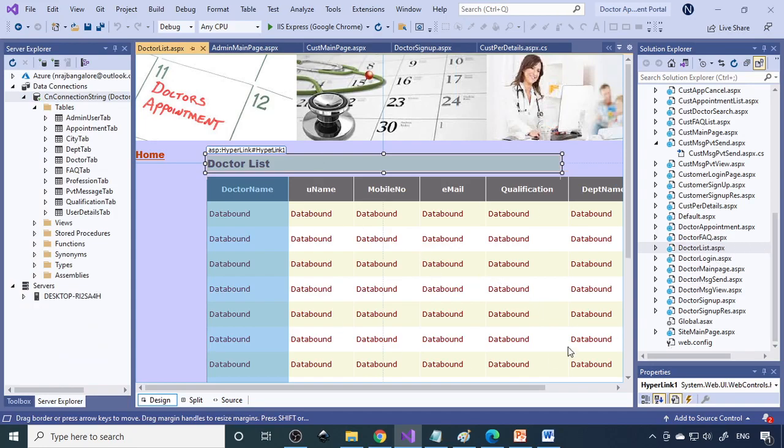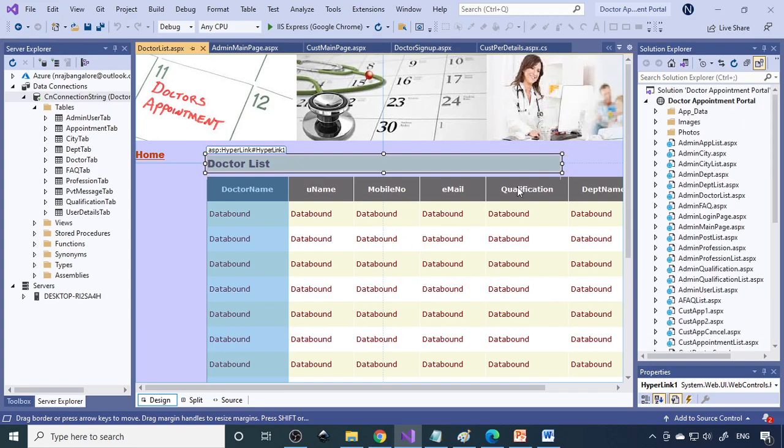Same way, any data you want to display, you're supposed to use the grid view and you need to link that to the table. Then when you show the page, automatically data will appear. So keep watching our channel. We have already explained how to do the linking and all. So learn that and then you can build it in your project. You can add this concept into your project.